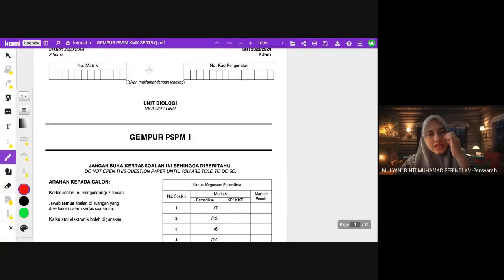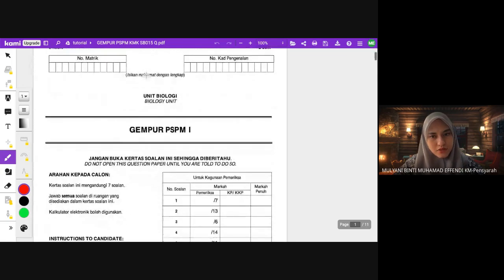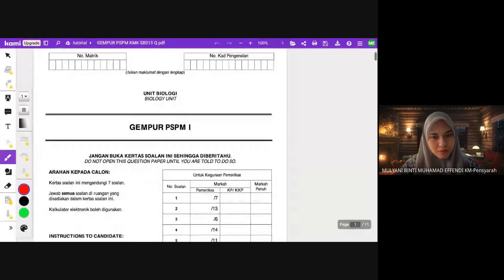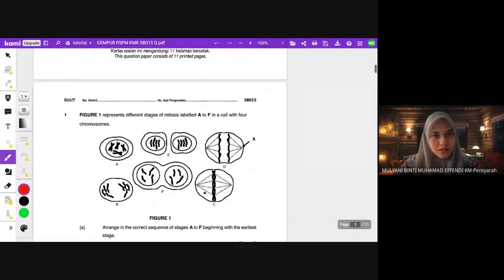Jadi dalam video ini saya akan bincangkan untuk jawapan soalan trial. Inilah daripada KMK. Jadi untuk soalan pertama, sekejap. Okay, untuk soalan pertama dia tanya apa